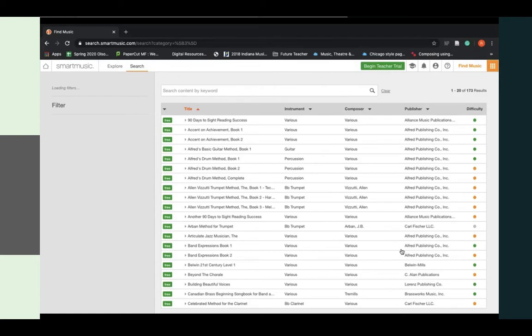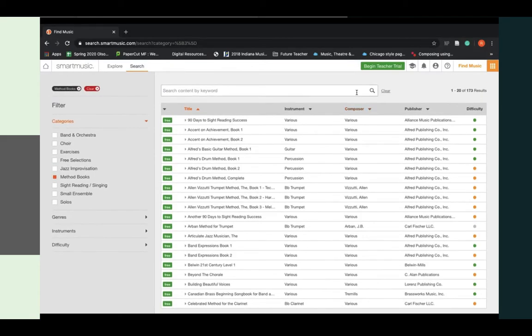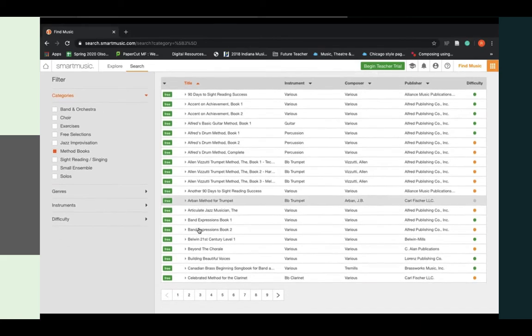So see, there are so many different options for educators to use. We see band expressions, 90 days to sight reading success, guitar methods, drum methods. And then we see the categories on the side here, so you don't have to keep going back and forth. You can just click which one you want on the side without leaving this page. And also, there are 9 pages for just method books, which is a great resource and a huge